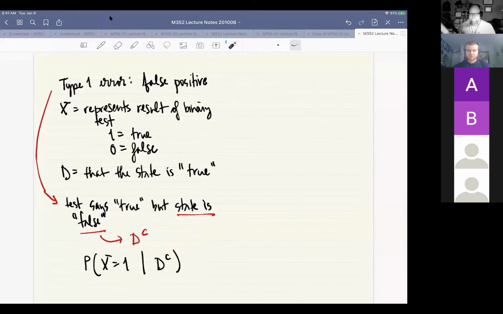So that would mean type 2 error is X equals 0 given D? A type 2 error is, so type 1 error is a false positive, and a type 2 error would be a false negative. So that's where the test reports that the condition is false when actually the state should be true. So that would be the probability that X,